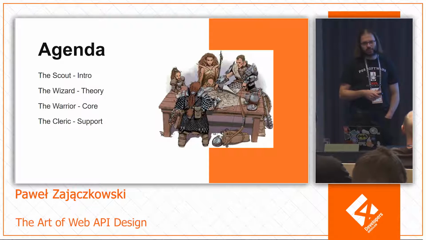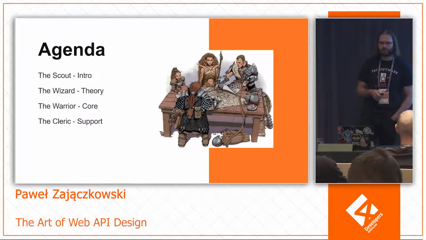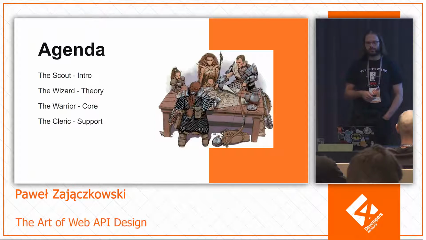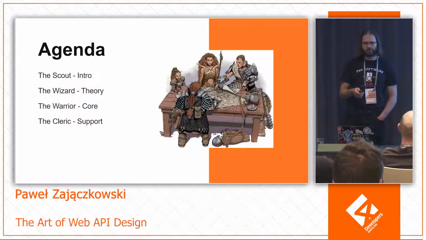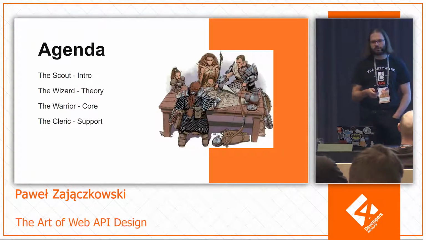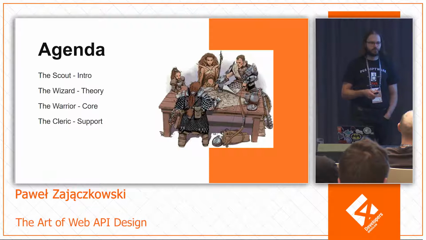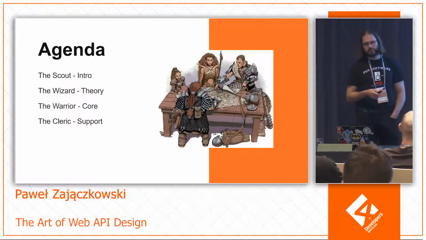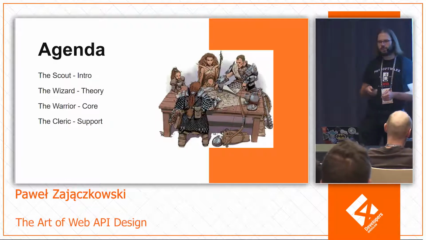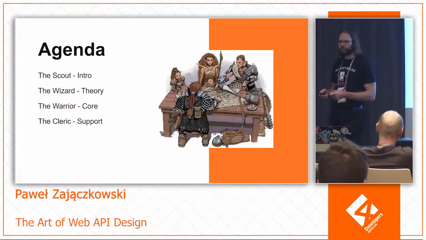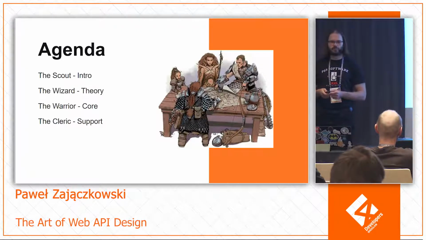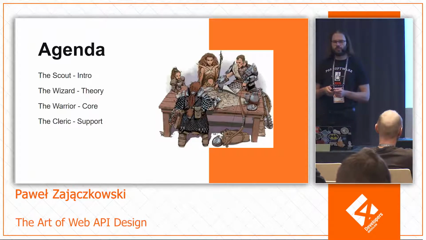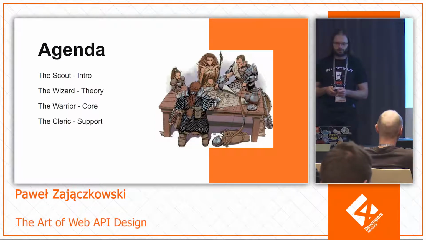Then there will be Wizard, or actually 3 wizards in the Ivory Tower, so just a little bit of theory to get a good handle on the business part. Then the business part, so there is this dwarven warrior with an axe who is slashing orcs and goblins and doing the actual business job that we are getting paid for, hopefully. And behind this dwarf, there's usually the cleric, the guy who is healing and buffing this dwarf, and that's support. In this part, we'll be talking about things that are kind of orthogonal to the business perspective, so not always very visible, but nevertheless very important.